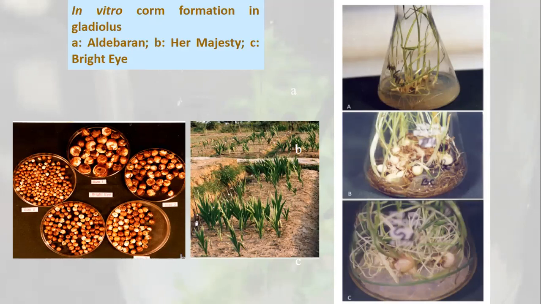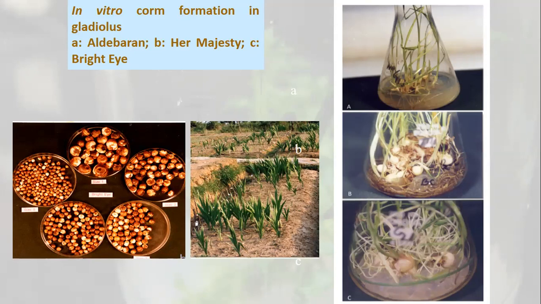So how can we do that? What we do, we culture the plant in the medium. Then on the appropriate medium, they start producing these structures such as bulbs,